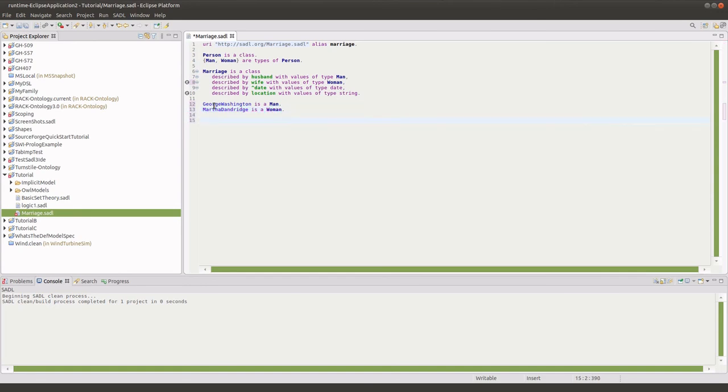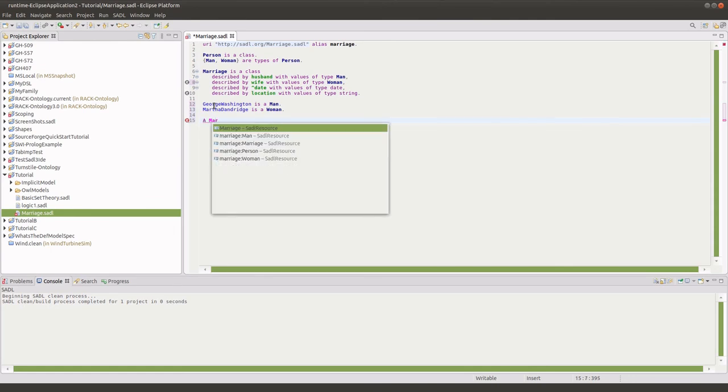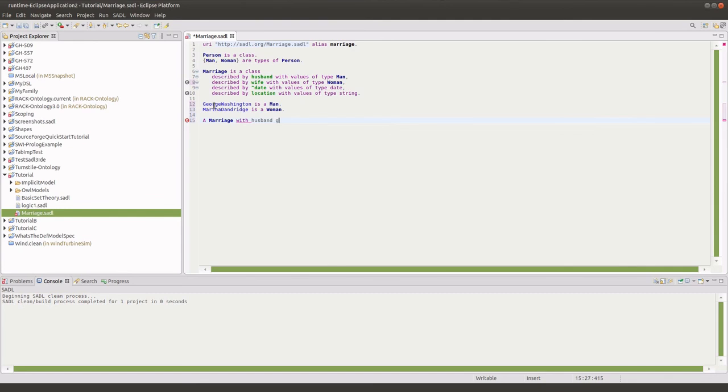And now we can define our main objective. We can say we have a marriage with husband George Washington, with wife Martha Dandridge,